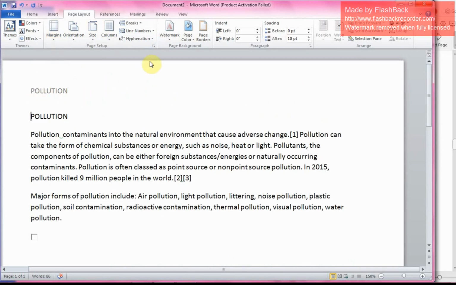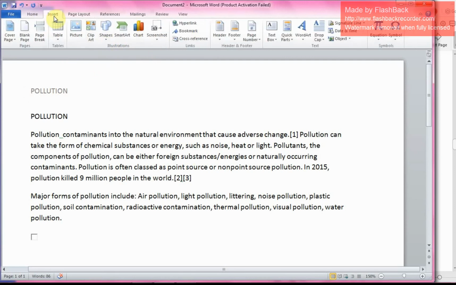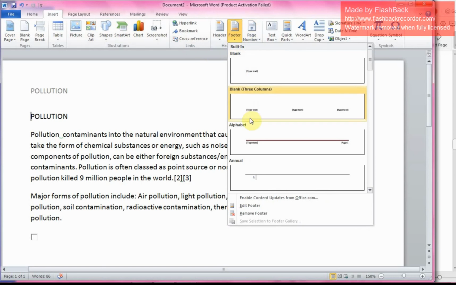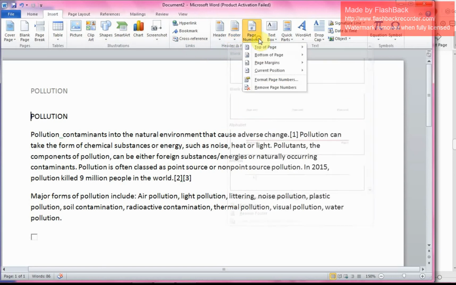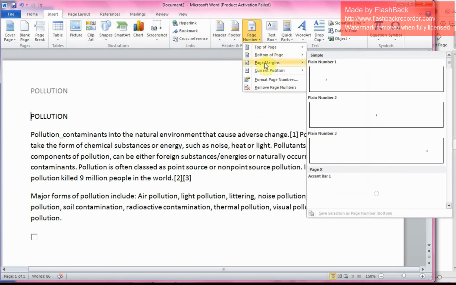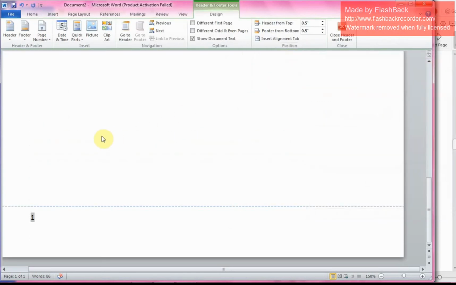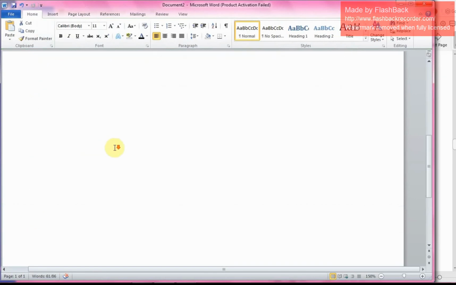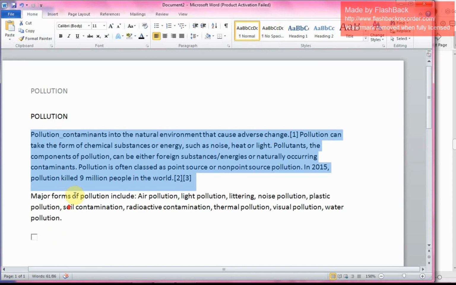Now if you want to add a footer, click on the insert tab and then click on the footer option. In the footer option you can write the page number. By clicking, you can watch the page number will be written here in each and every page.